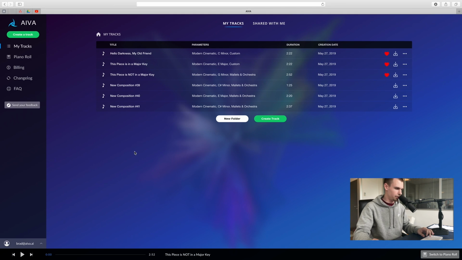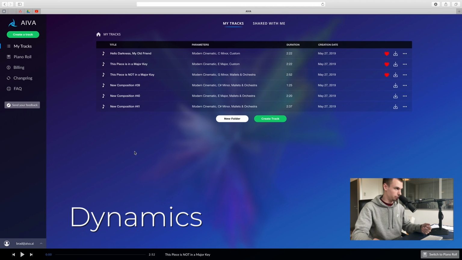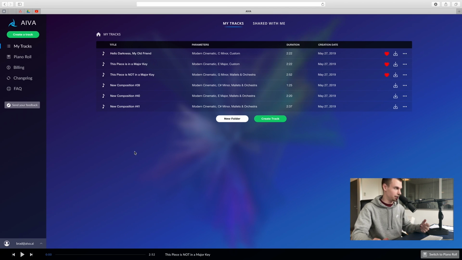Another thing which you might have noticed in these example pieces is that there are now different dynamics incorporated into the piece, and some gradual changes throughout the piece, like crescendos and decrescendos at the start and end of phrases and themes, all of which should help to improve the sound of the performance and the overall quality of the MIDI. It also gives you a baseline to work with if you download the MIDI file and open it up into a DAW,